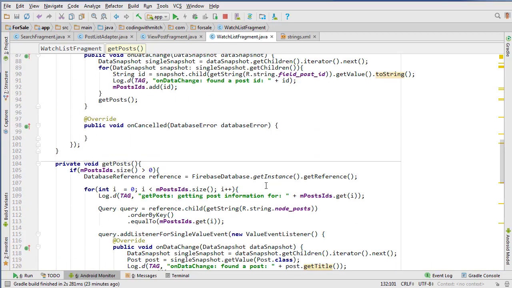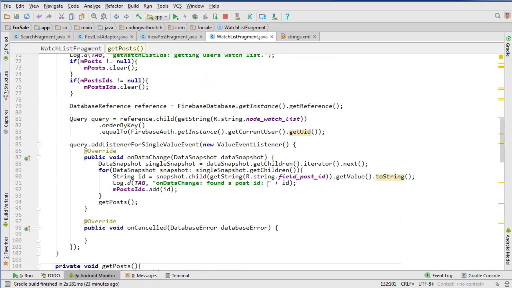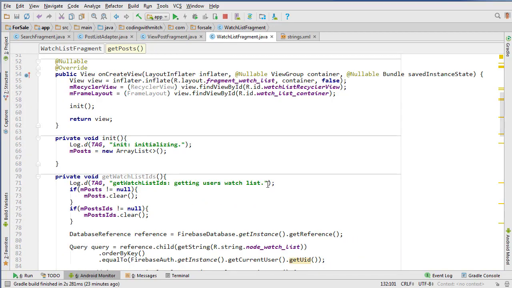Now we just need to initiate all this. And the way we're going to do it is we're going to create a value event listener that's going to be listening at all times. So whether someone removes something from their watch list, adds it to their watch list, or does anything, automatically this listener will be listening to that node. So up in init here,